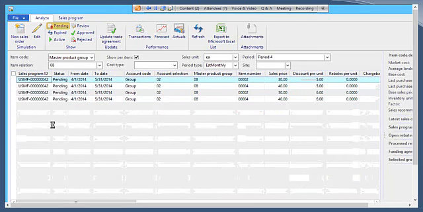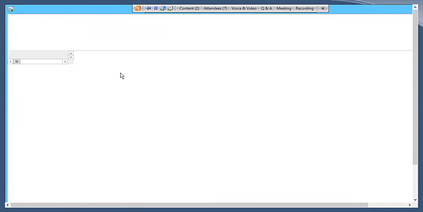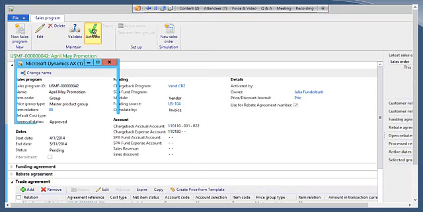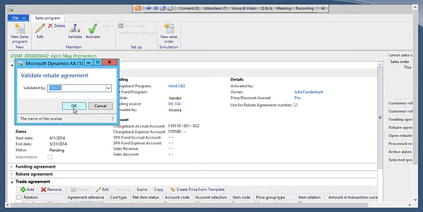So this is where, because understand, this could be a lot of agreements I could have in here. In this case, I just have a funding agreement, which is a rebate agreement, as well as trade agreements. I want to activate those all at one shot. So I'm going to do that. I'm going to say I've got the person who's going to activate it. So I can activate all of these agreements in one